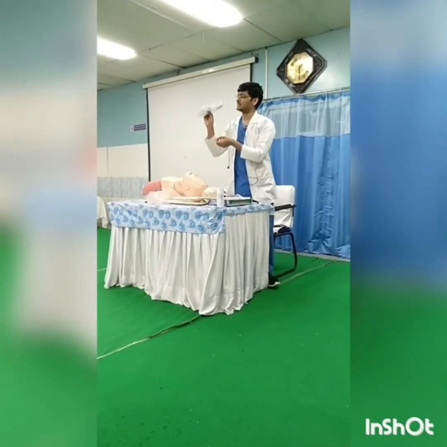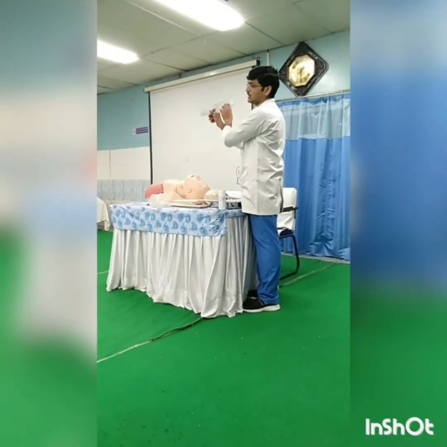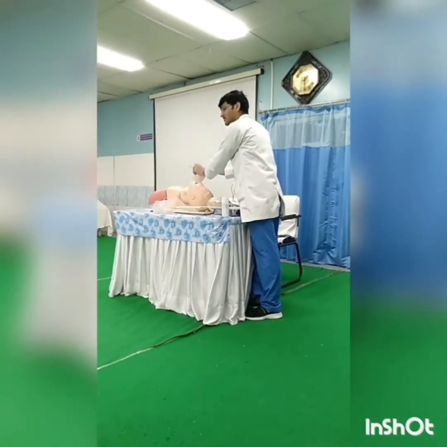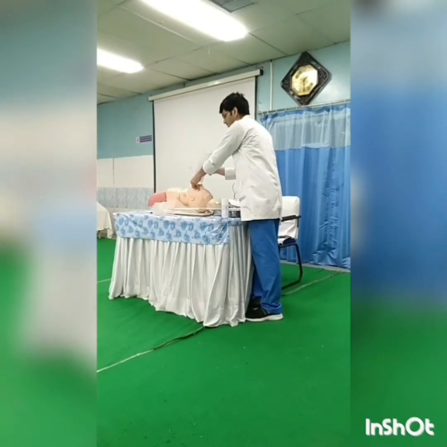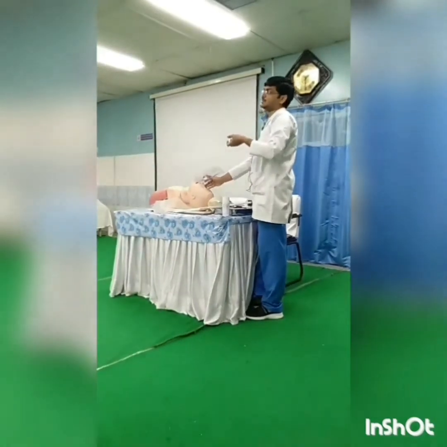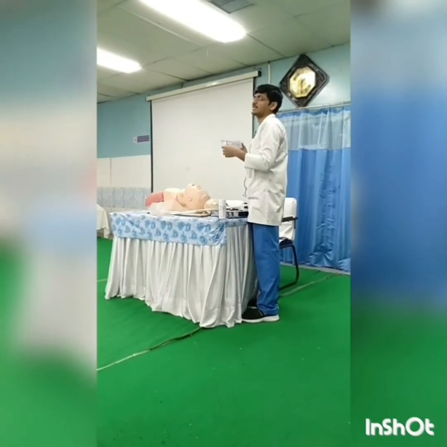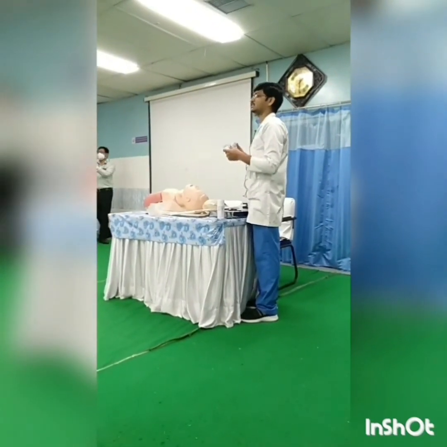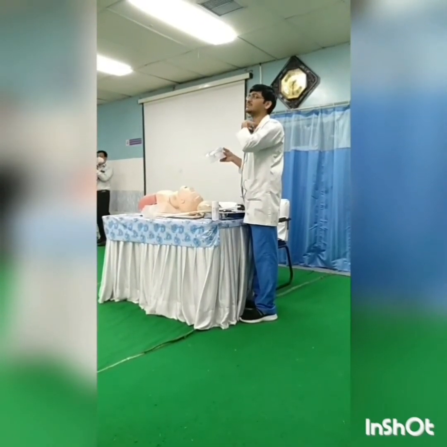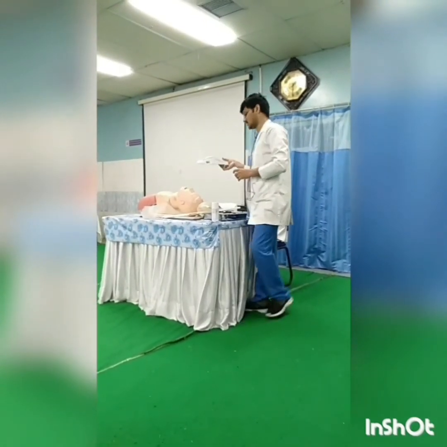Anyway, I am not opening this, but I will tell you how to place this one. Just supine the patient, and we have to hold it like a pen. Hold the tip like a pen, open the jaw and place it from the mouth till the base of the tongue. It should not go above the base of the tongue. And one more important thing, this is not going to go inside the trachea. Just it will cover your base of the tongue, and below the base of the tongue it will cover the epiglottis, and in such a way it leads the air towards the lungs.